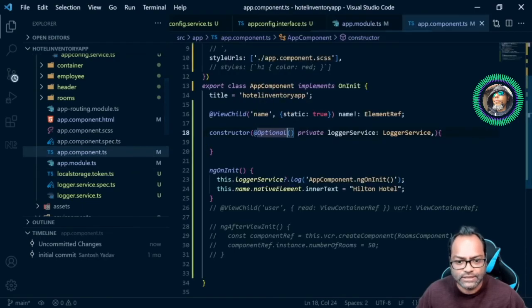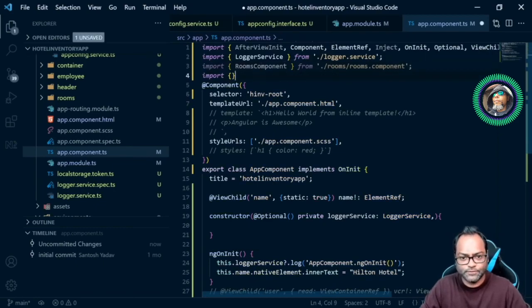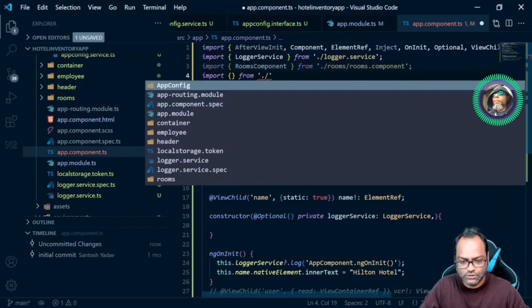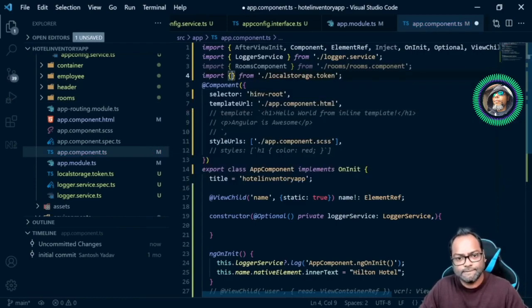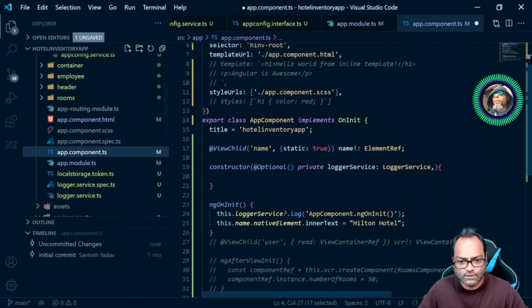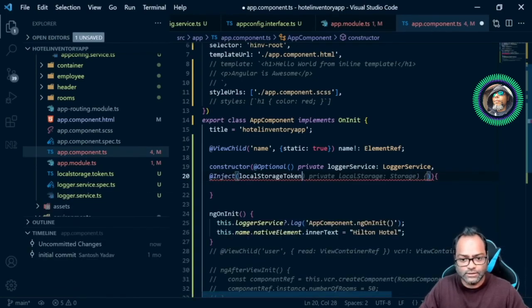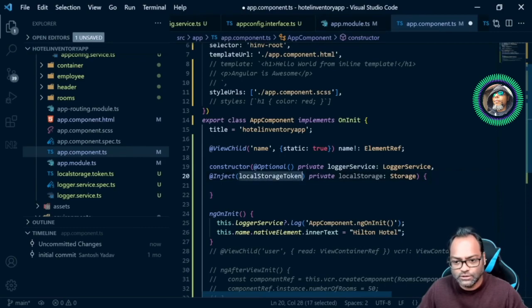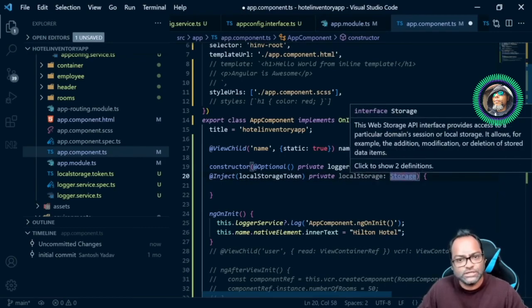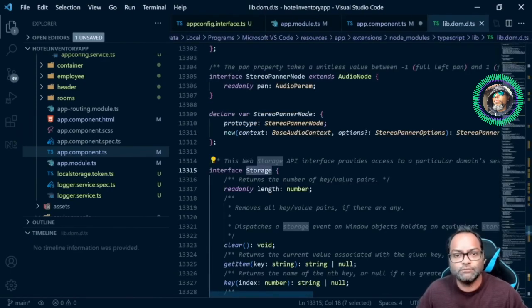So I'll go to app component.ts, and here we'll import from dot slash local storage token. And now we can use this in our constructor. We need to use inject, right? And then we'll call local storage token, which is of type local storage, and you can also give type storage. This is actually the type for the storage API which